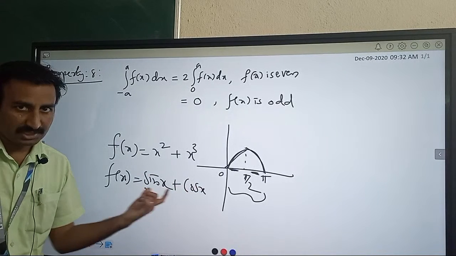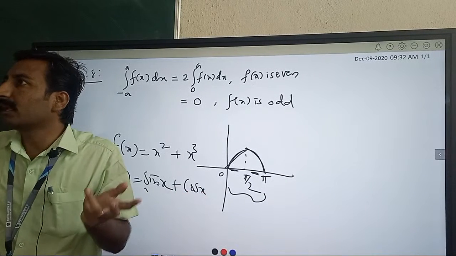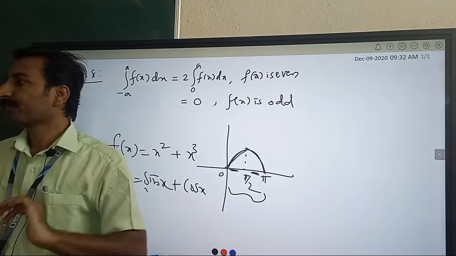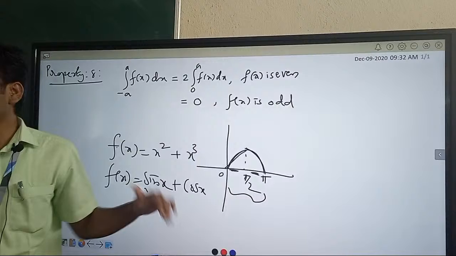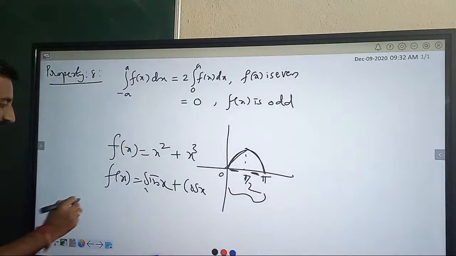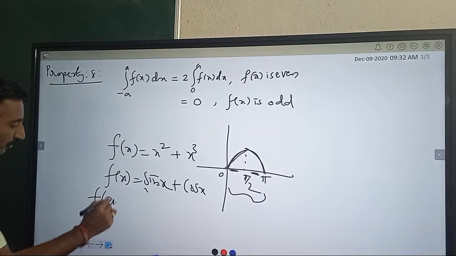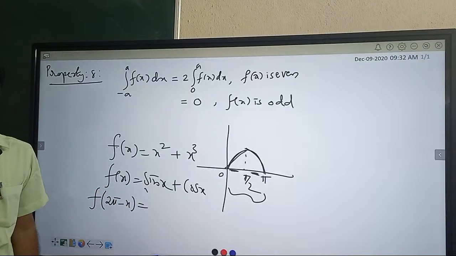Already I have an odd function plus one even function. Odd plus even becomes neither even nor odd. Neither even nor odd, then go with property 7 and check it. Can it be sine of pi minus x plus... you can say f of 2 pi minus x, sine of 2 pi minus theta, sine of 360 minus theta,